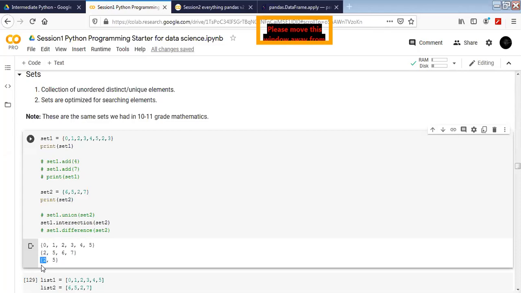So 2 I have taken here. This is the intersection. The first intersected element is 2. Next, move to 3. There's no 3 here. 4, there's no 4 here. 5, is it in the second set? Yes, there is 5 in the second set. So the two unique values which are common in those two sets are going to be returned as the intersection. Clear?